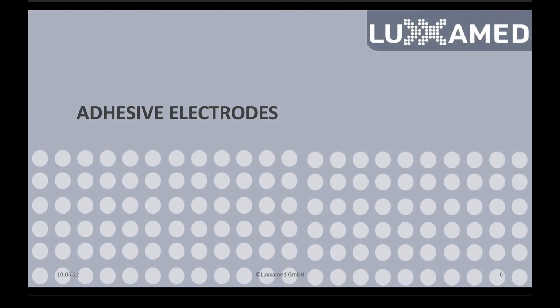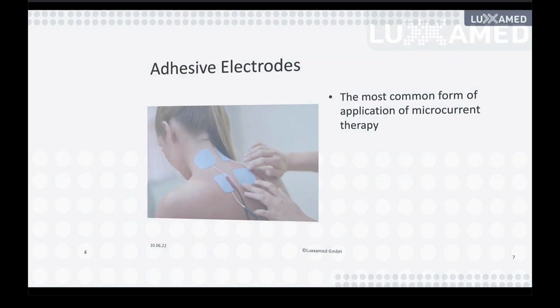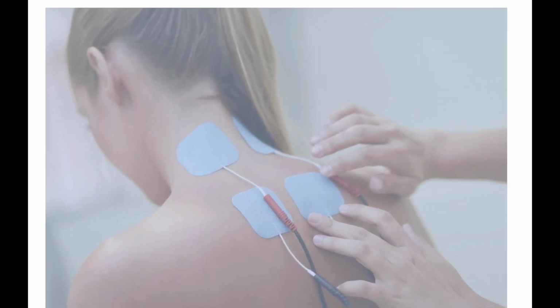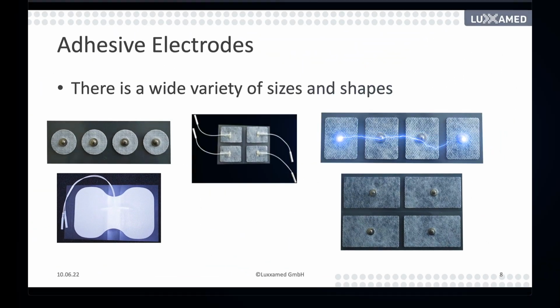So let's start with the adhesive electrodes, and I think that this is the most common form of application of microcurrent therapy. If you look on the internet, you will see adhesive electrodes in any kind of electrotherapy, and also in the use of microcurrent. Why is it so? Because there is a wide variety of sizes and shapes. You have dot electrodes for very small parts of the body. You have a butterfly electrode if you treat maybe the cervical spine, for example. There are square electrodes, larger ones,